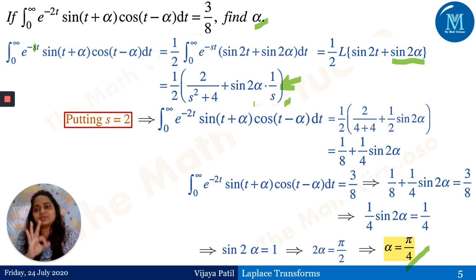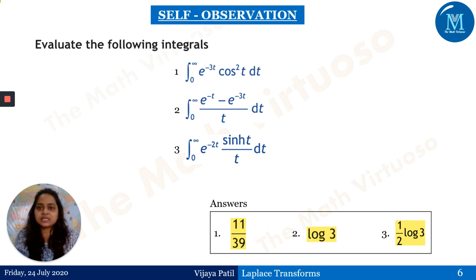So we have seen here three different types of questions. One is evaluate, another is find, and the third is if it's this, then find. Yes, this is my most favorite, and it should be yours too. It's a self-observation and self-assessment slide where I've given you those combinations, and you have to find out. The answers are also given. You have to check whether you're getting the same answer that I have given you in this slide.